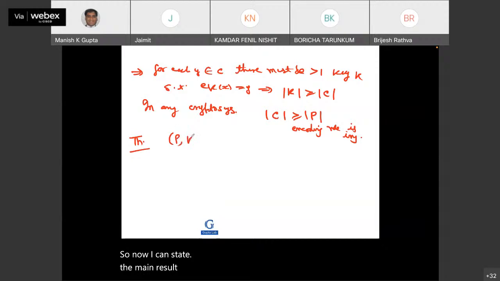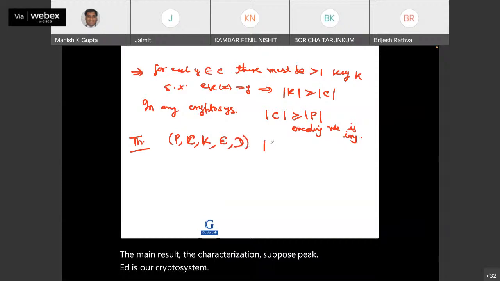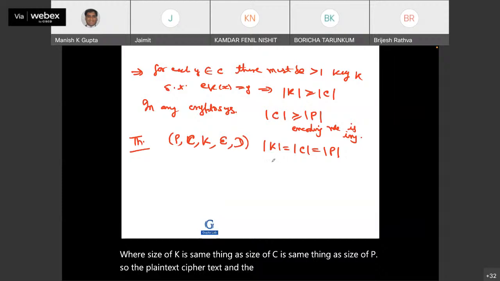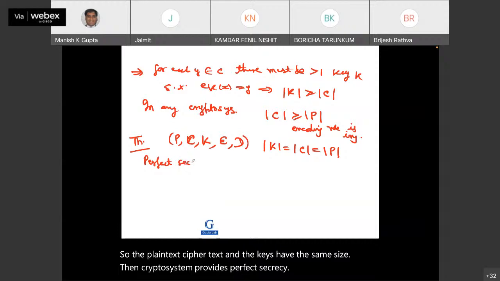Suppose (P, C, K, E, D) is our crypto system, where size of K is the same thing as size of C, which is the same thing as size of P. So the plaintext, ciphertext, and the keys have the same size. Then the crypto system provides perfect secrecy if and only if